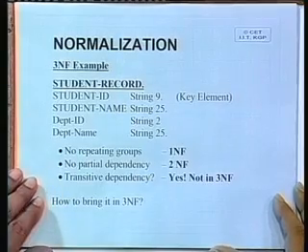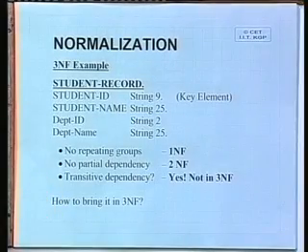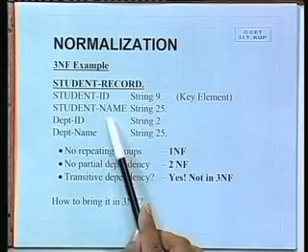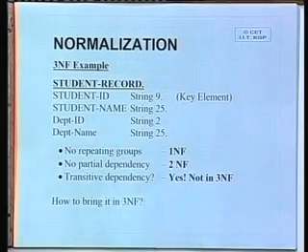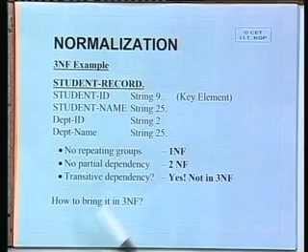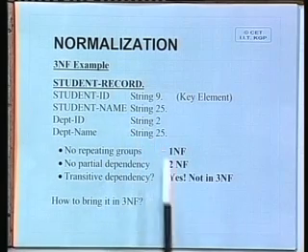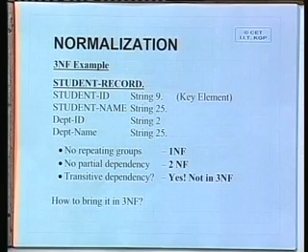Think of a student record where we have the student ID, student name, department ID, department name. Now, tell me, is the student ID a primary key in this case? Some of you are saying there are two primary keys. If I make department ID a primary key,